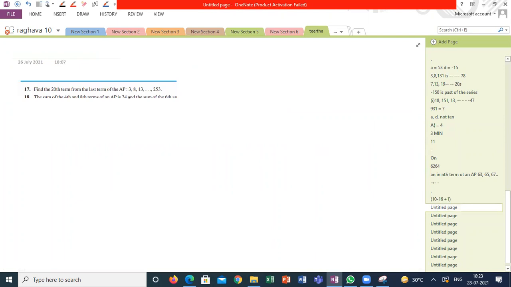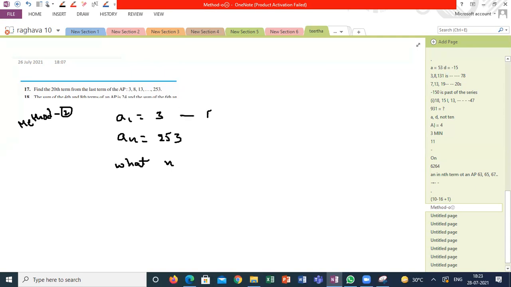See, they gave the first term a1 is equal to 3, an is equal to 253. Then what is the n value? How to calculate the n value here? This is method 2 I am saying. You need to know the n value in this process, compulsory. This is a little bit longer method, guys. For knowledge purpose, I am giving this method. What is the n value here?